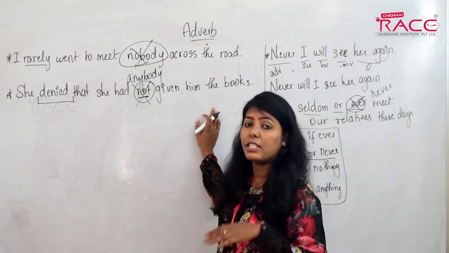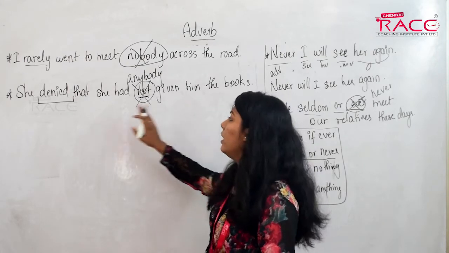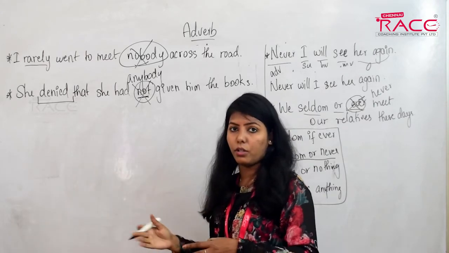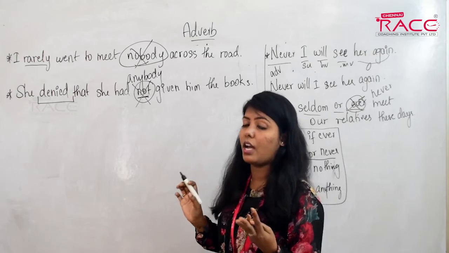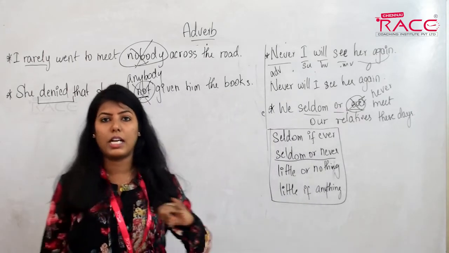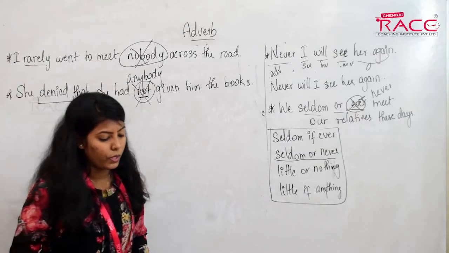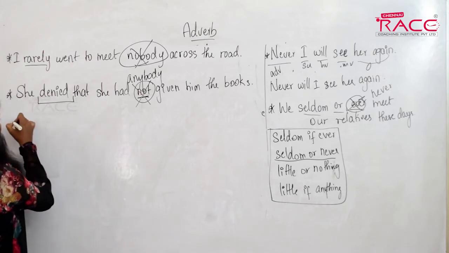It means she is denying. She is saying no, that I did not give him the book. Okay, she is saying no for giving the book. So this is the correct form. When you use denied, remember, don't use another negative word with it. Okay, so next one, both of us